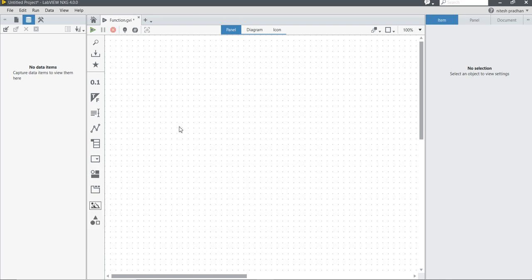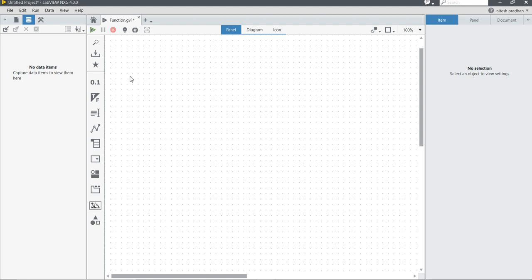There is no need to press right click here. This LabVIEW NXG is the same as LabVIEW, but all those controls and indicators are listed here, so you can use the controls and indicators from this platform. It is something new in LabVIEW NXG.